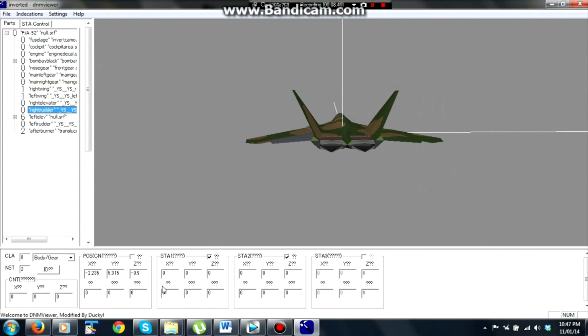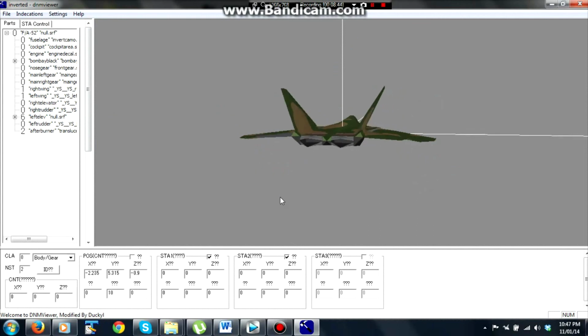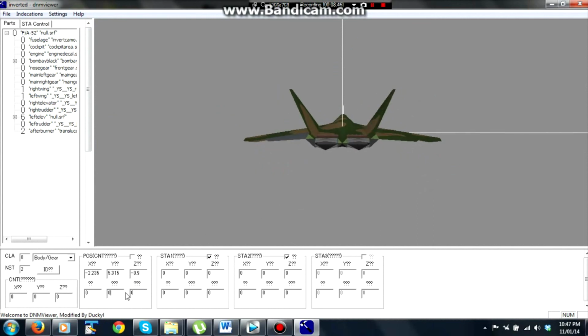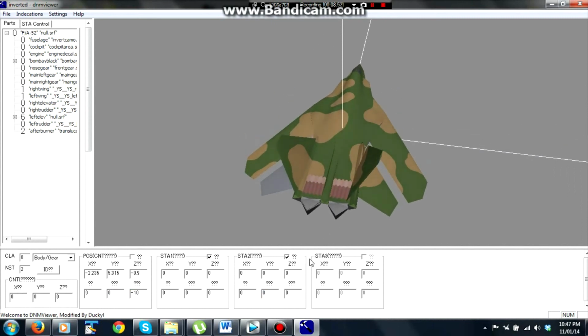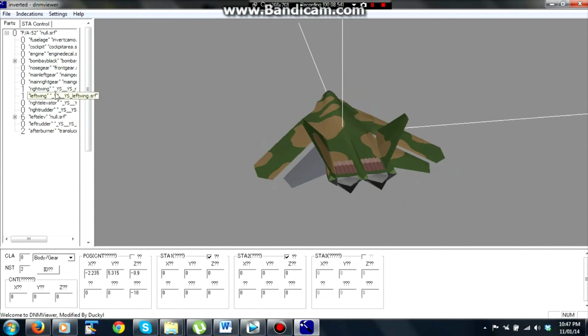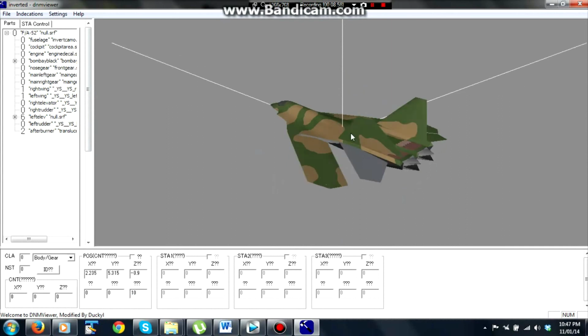Like, let's say it only tilts... What do we have here? Let's say it only tilts... No, that's wrong direction. Wrong direction still. Let's say it only tilts 10 degrees. Now that doesn't look like much, does it? However, let's also add it to the other side. Now if we actually go to perspective,